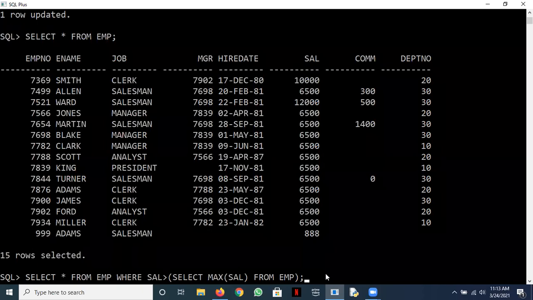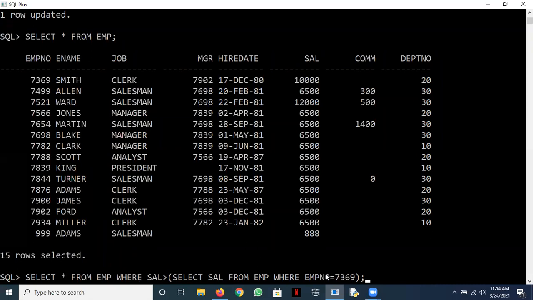Okay. Now I'll make it easier again. Have a look, all of you. Keep answering. This query, select star from M where emp number equal to 7369. All of you just look at it and try to answer. See, in a subquery, you first solve the inner query. Its answer is fed to the outer query. That's it. Raise your hands. Bharat, if you want to answer, you can answer.